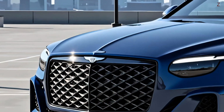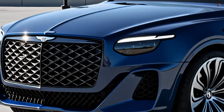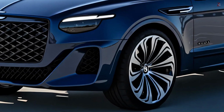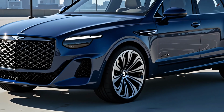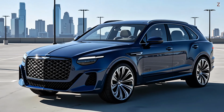The 2027 Bentayga is an expertly crafted development in design, with a stance that is broader, lower, and more muscular. A complex crystal-piece matrix LED headlight flows into a more muscular vertical grille, and it uses the current Bentley design DNA. A powerful power line extends from the front of the vehicle,